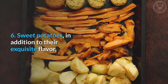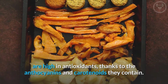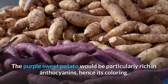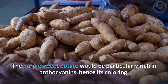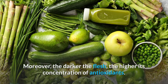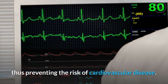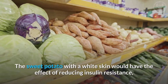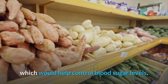6. Sweet potatoes, in addition to their exquisite flavor, are high in antioxidants, thanks to the anthocyanins and carotenoids they contain. The purple sweet potato would be particularly rich in anthocyanins, hence its coloring. Moreover, the darker the flesh, the higher its concentration of antioxidants. This component reduces the oxidation of bad cholesterol, thus preventing the risk of cardiovascular disease. The sweet potato with a white skin would have the effect of reducing insulin resistance, which would help control blood